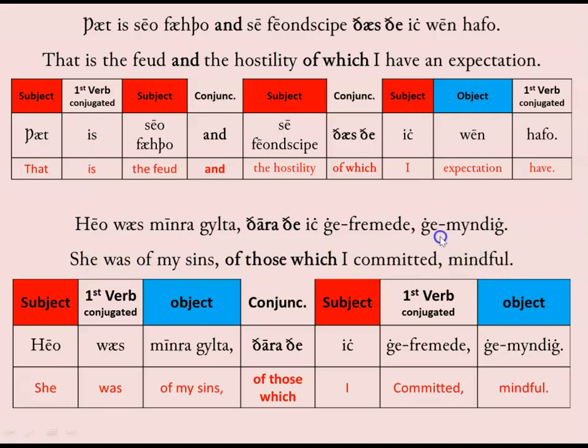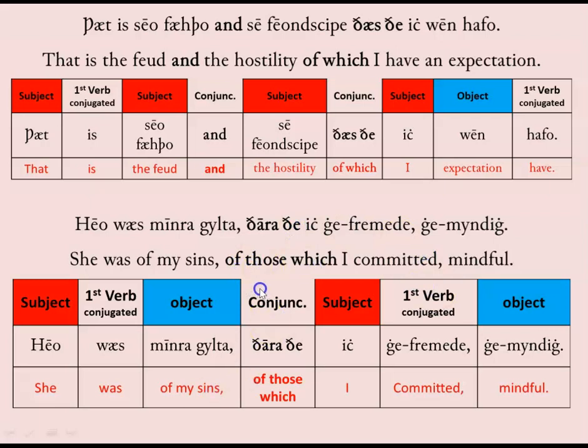But then we want to interrupt that with a subordinate relative clause. A relative clause, which is a subordinate clause, is interrupting the main clause. The main clause is she was of my sins mindful. We just want to interrupt that with a bit of extra information: of those which I committed. You can imagine a person there sounding a bit defensive and saying, well, she's only mindful of the ones that I committed, not everything. Not all sins that are happening around us, just the ones I committed. So a little bit of extra information in the form of a relative clause inserted in there, of those